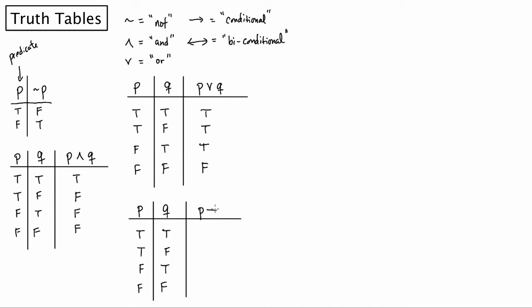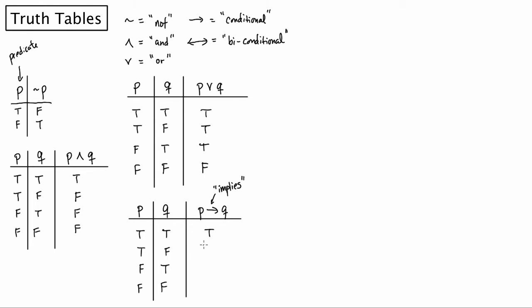So P implies Q. That's how you can see it written sometimes. You'll oftentimes hear me say implies. So P implies Q, this operation. The way that this operation works is if you say P is true and it implies that Q is true, then